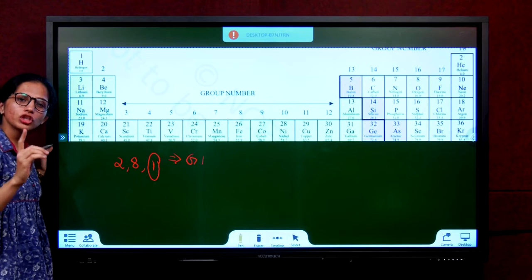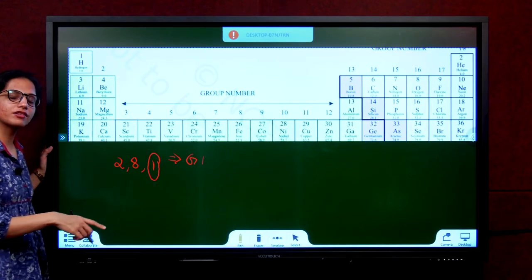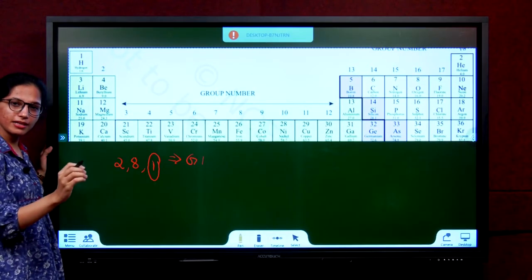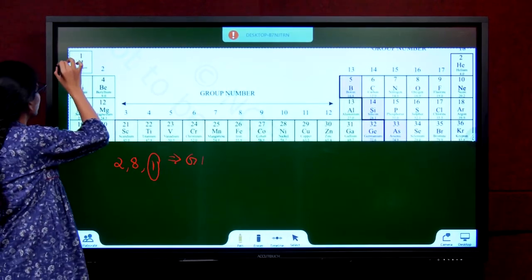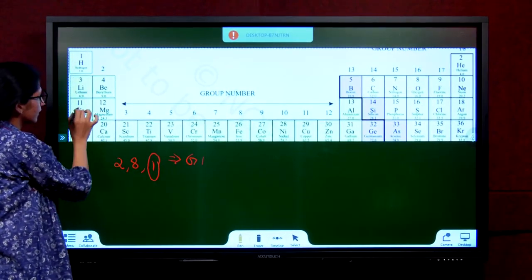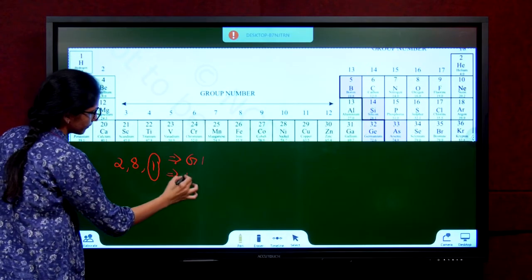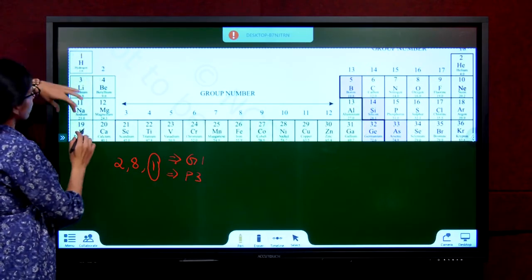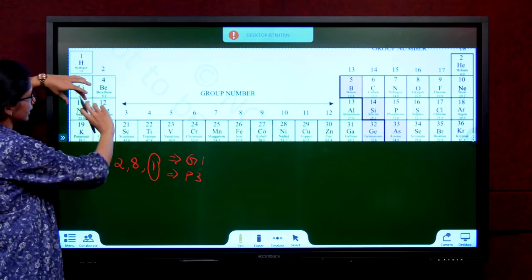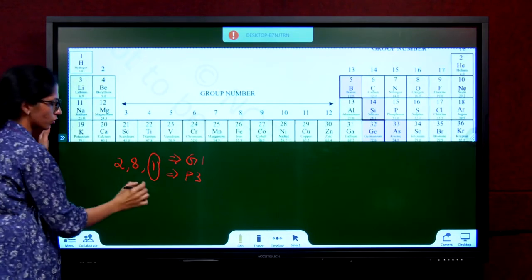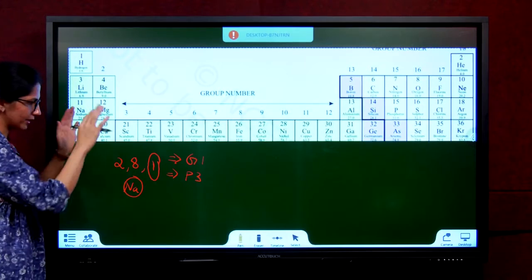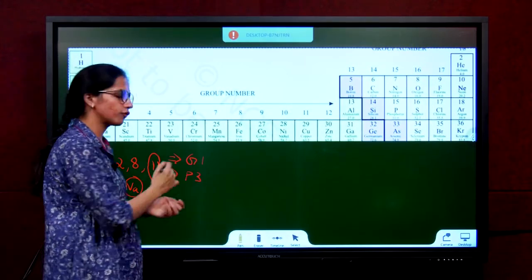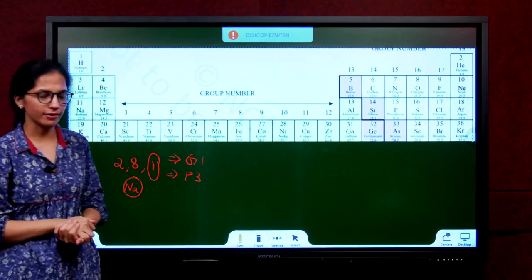The number of shells, we learnt it already in characteristics. The number of shells is nothing but the period number. So 3 shells: 1 period, 2 period, 3 period. It belongs to period 3. Group 1, period 3, the element is sodium. You don't have to know all the elements, you need to know only up to 20. So you learned how to find group number and period number.